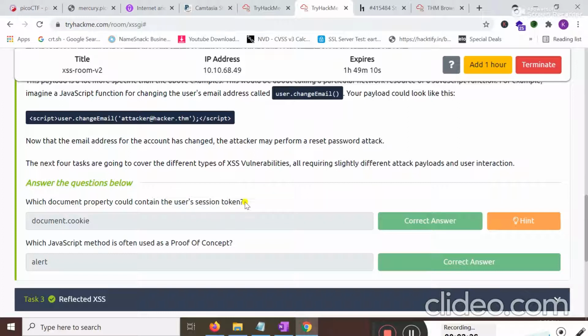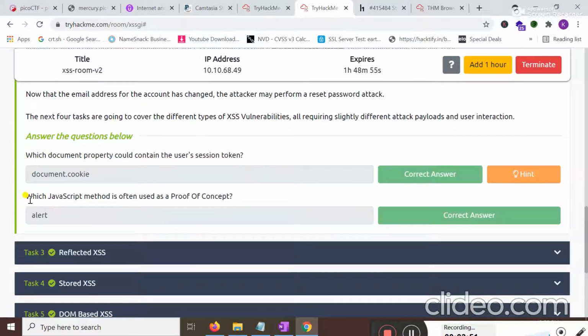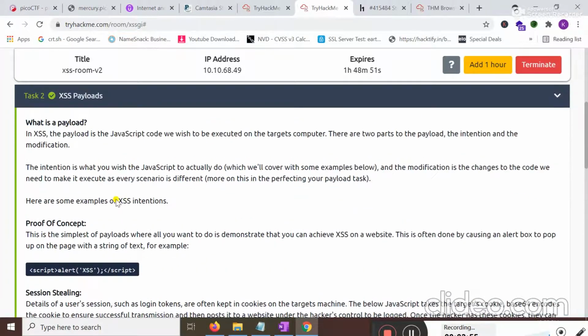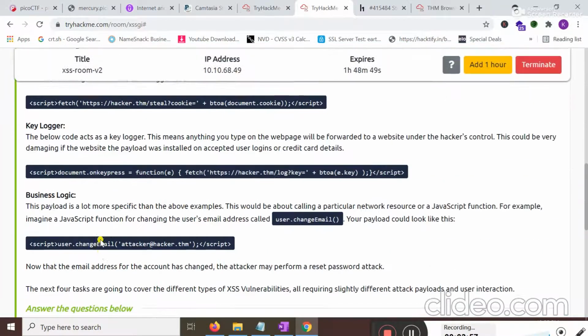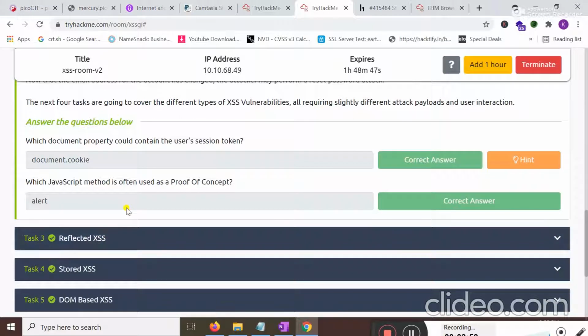The document property that contains the user session token is document.cookie. It contains the active user session token. Okay, what JavaScript method is often used as a proof of concept? Students, basically alert is a method that you can use as a proof of concept.